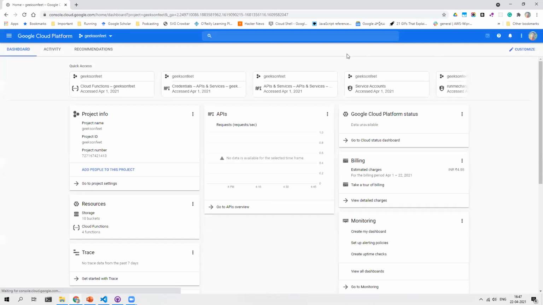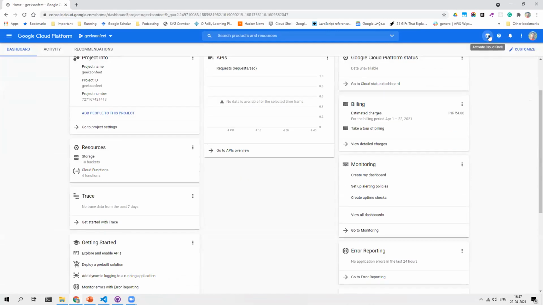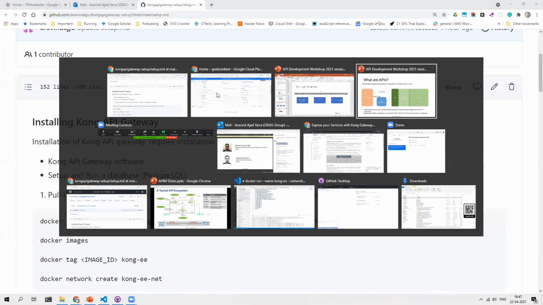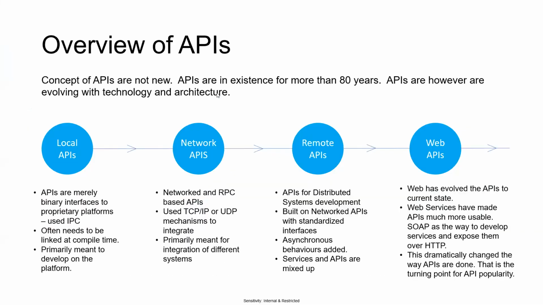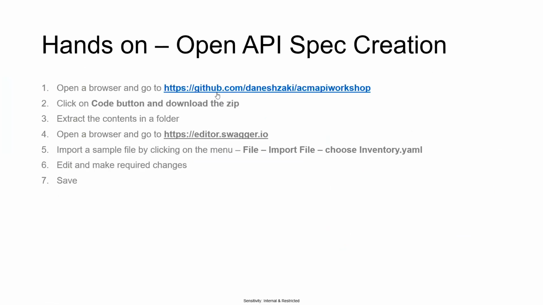Now, once you are in the console, this is how the console would look. Once you are in the console, click on this thing called Activate Cloud Shell, or you can directly type in the command that we mentioned last week. The other option is one